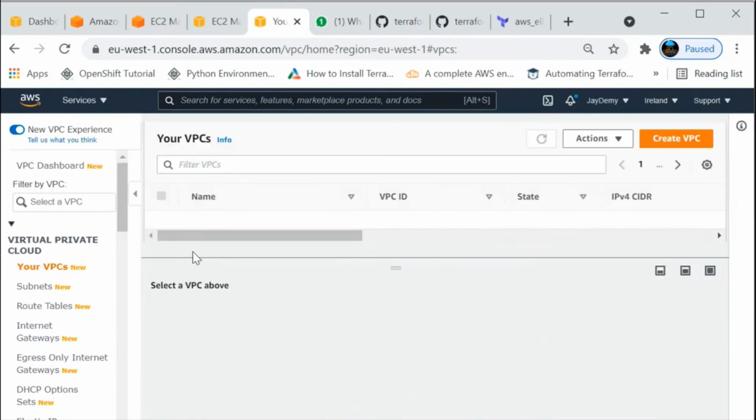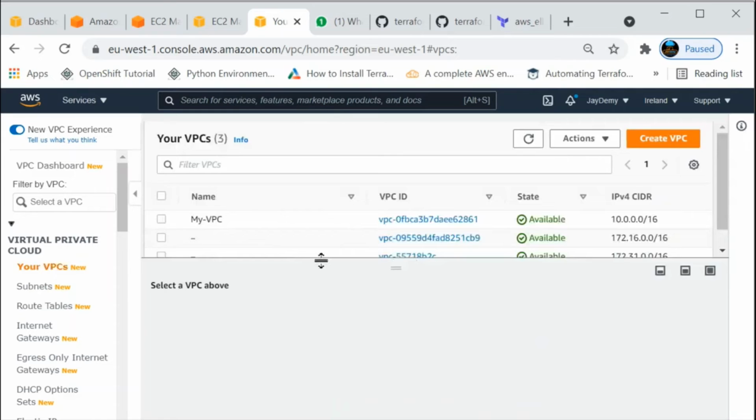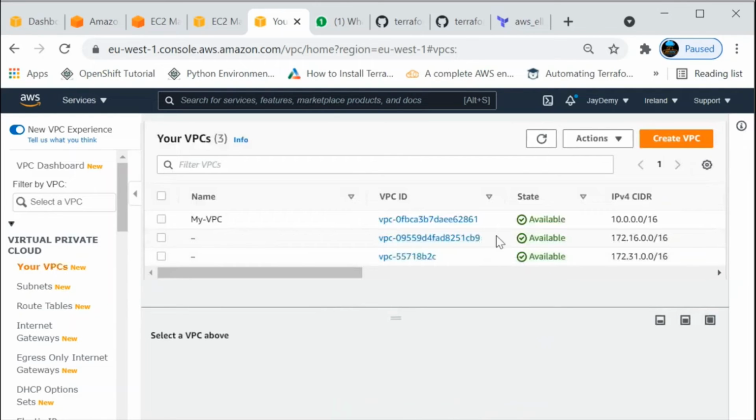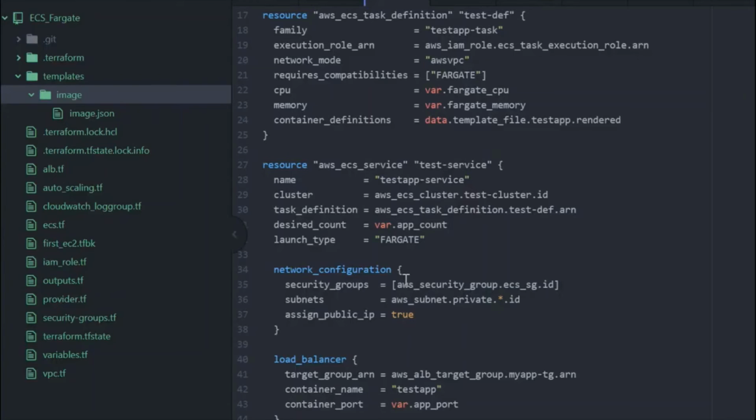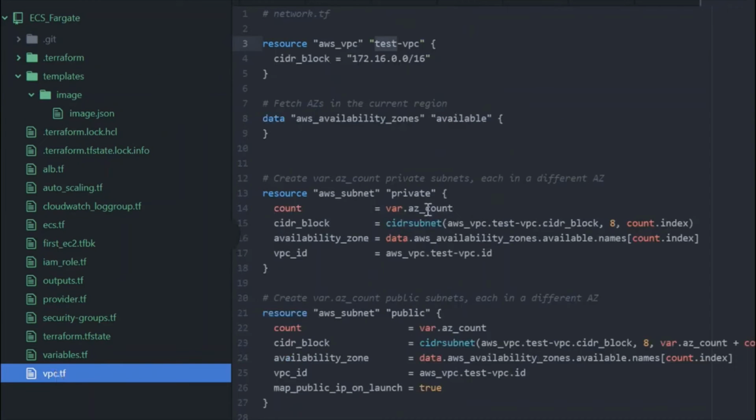See, just now it is initiated and the VPC is being created. This is the VPC it is trying to create. This is what I gave for my VPC area. You can see here, this is what it is trying to create. And I want to show you